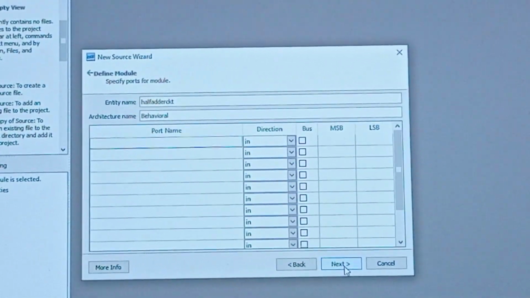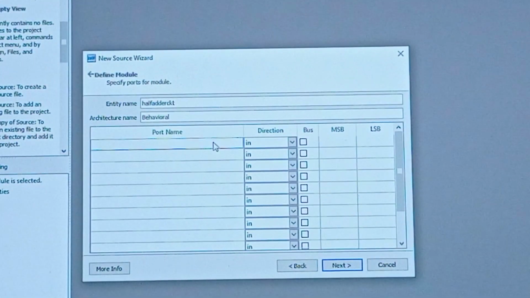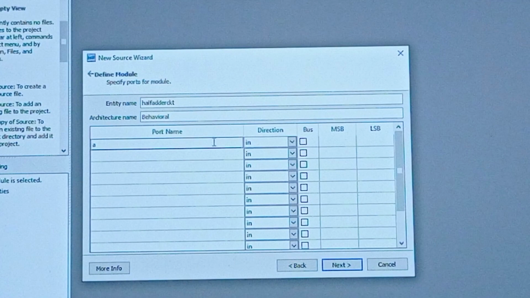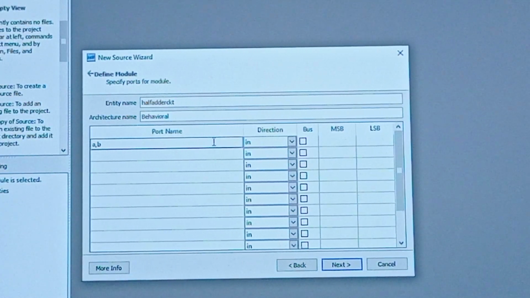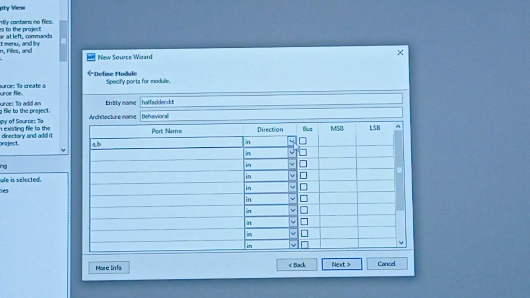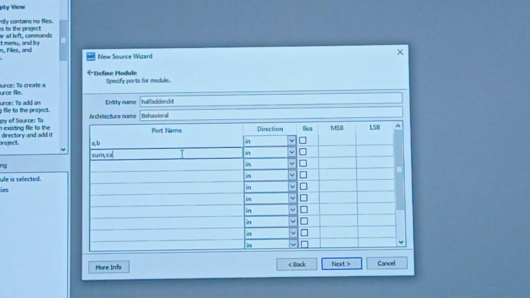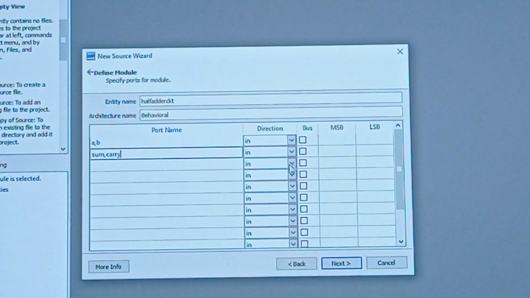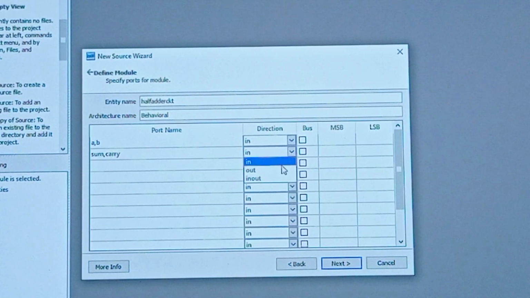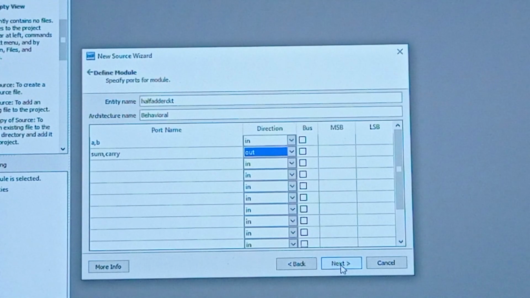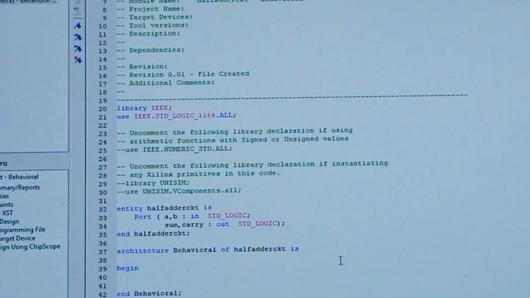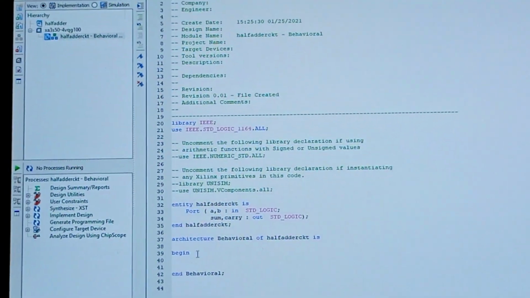Click next, and what are all the inputs we are using? A and B are the inputs, so directions are in. Next, what are all the outputs? Outputs are sum, carry. For this you need to change the direction as out. Click next. Finish. The code will be generated.